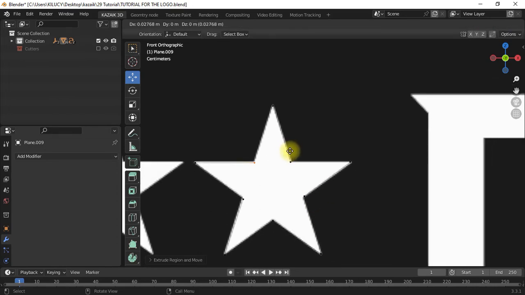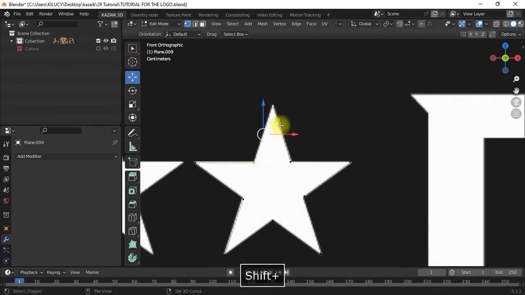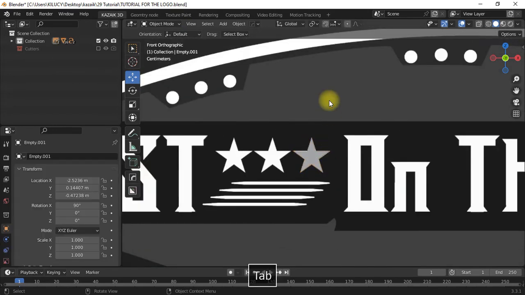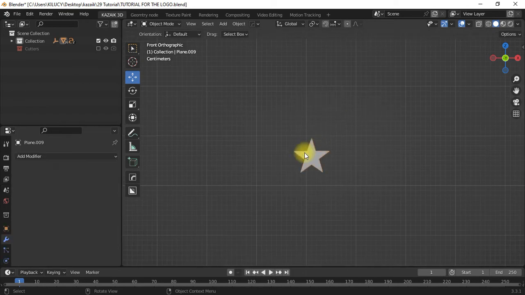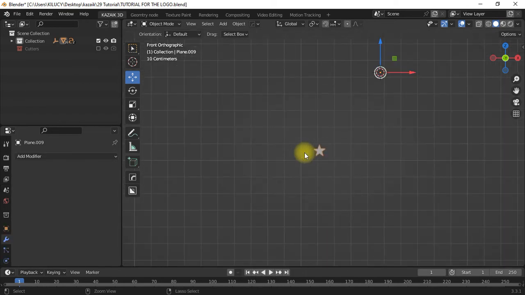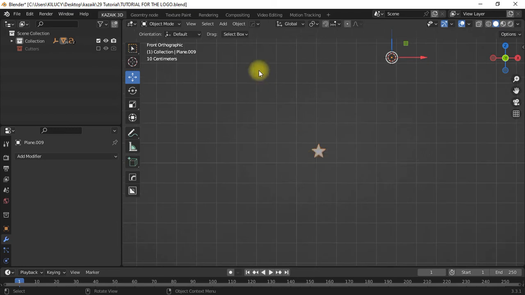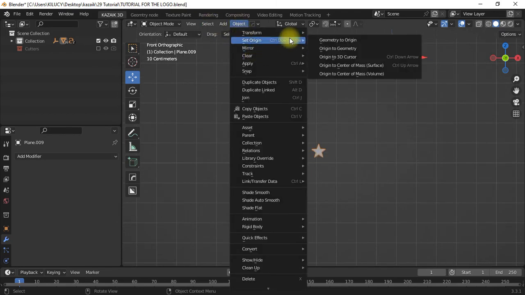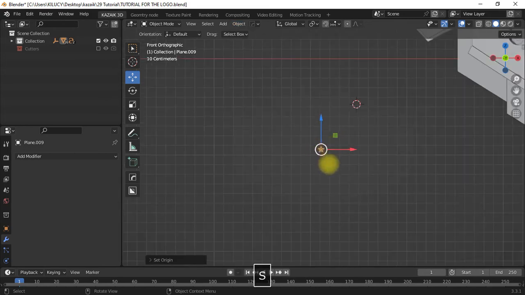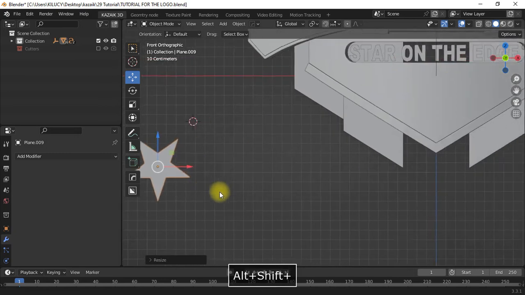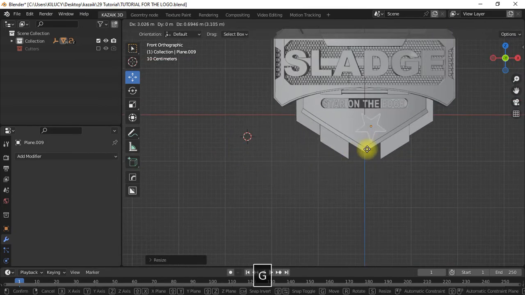So after you're from here, you don't need to extrude it up. Select this and then select this. Simply press F. After that, select all, fill that with a solid. After, delete your plane. So we already have. So we have to move this vertices to the center. What we will do is select object, set origin to center of. You can also apply your shortcut to bring that vertex to the center of this. So from there we can move it